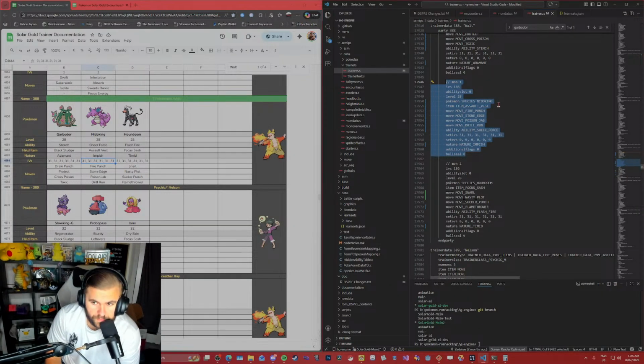Nidoking, level 28, Sheer Force, Assault Vest. He's a bitch.